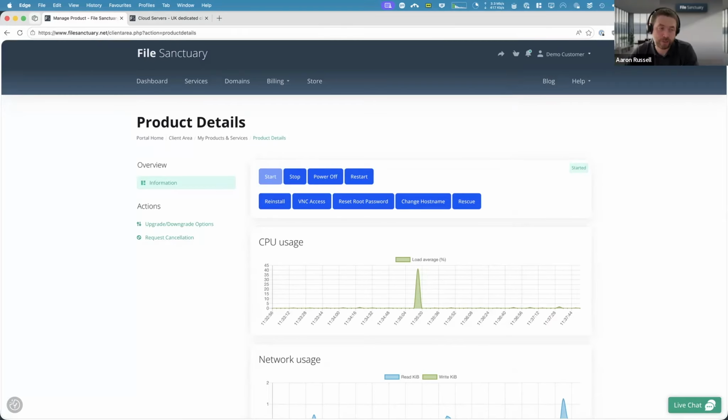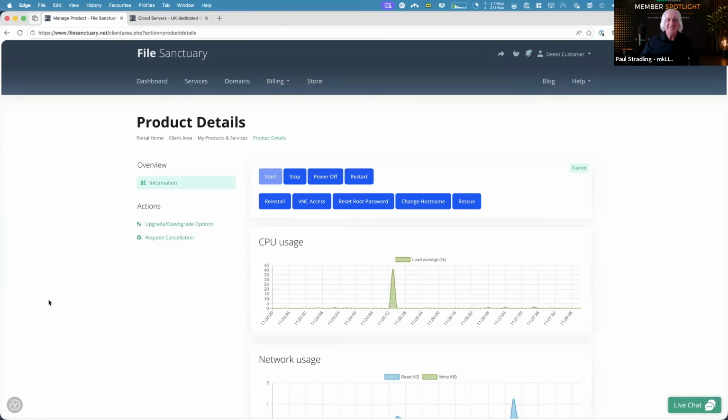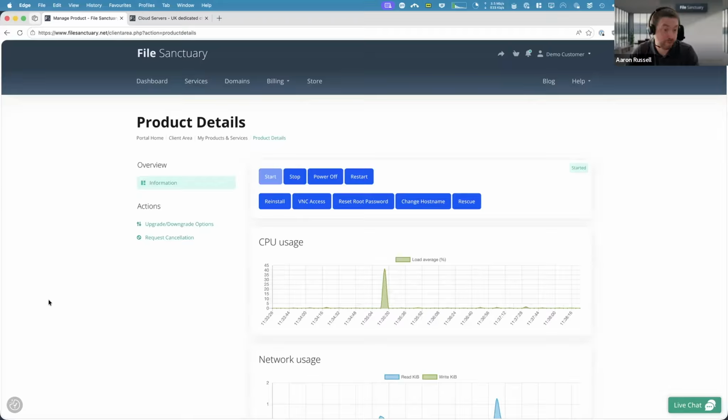Because you have full admin access to your servers here, there are no hidden constraints or provider-specific lock-ins or workarounds. If you want to pick your server up and move it elsewhere, you can. But similarly, if you want to move a server into us, it's really easy because there's nothing weird or unusual. It's just servers running the operating system of choice. So it should, for all intents and purposes, feel the same as if you had a box in the room in front of you. This gives you real server level control without the operational overhead of hyperscalers and the unpredictability of billing you get with the hyperscalers.